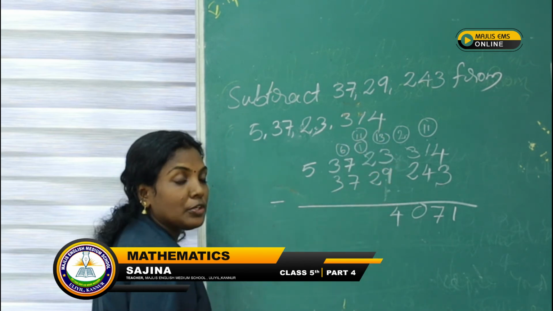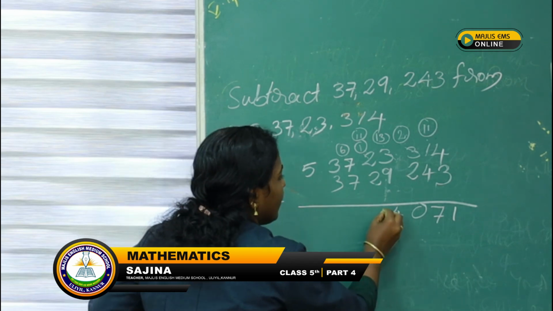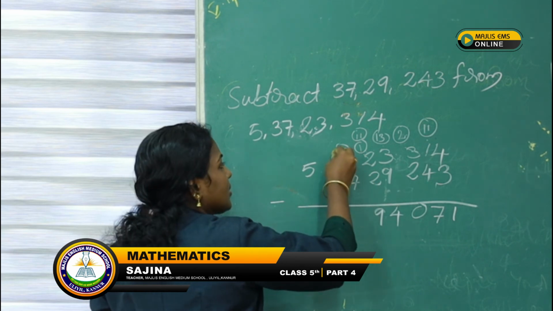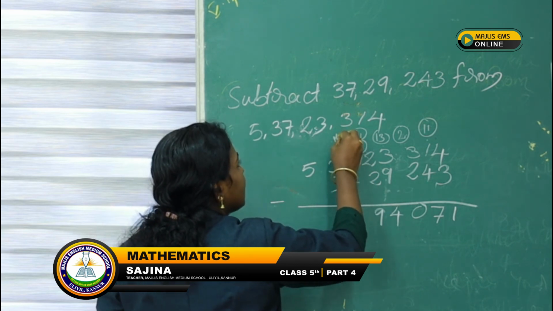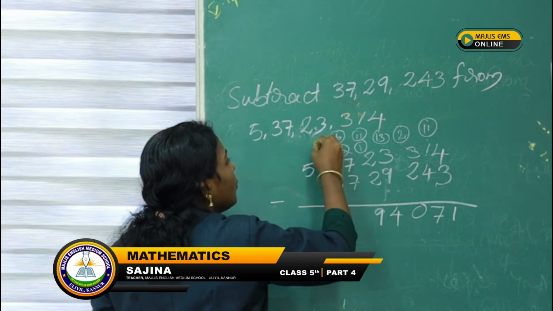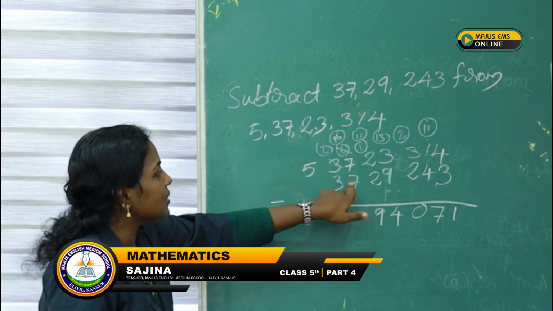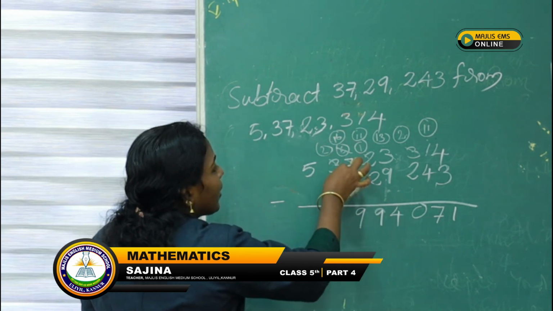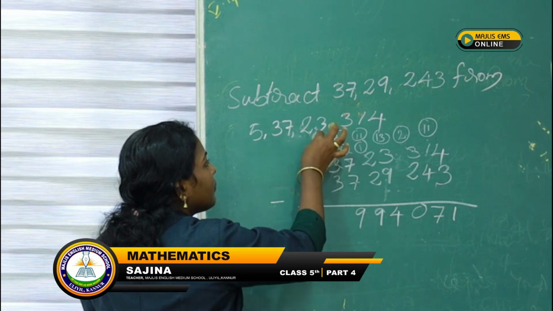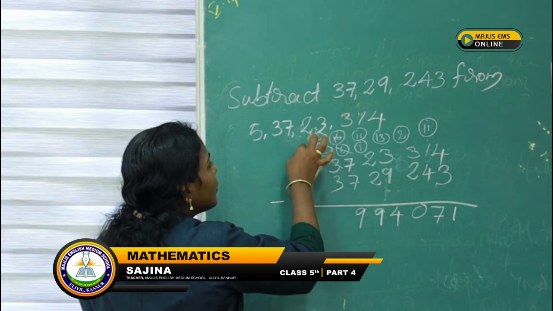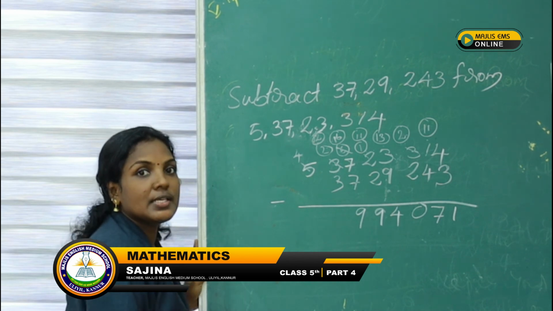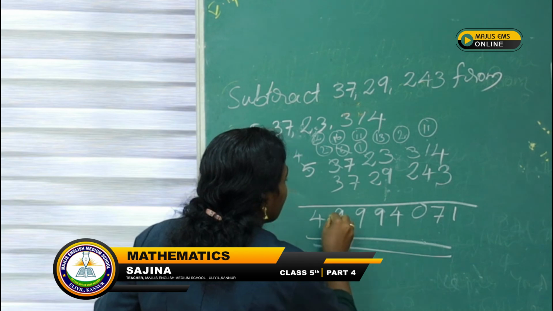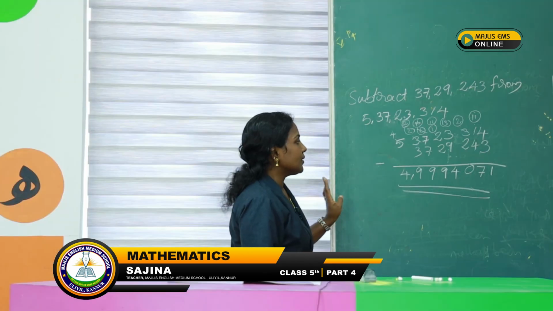Then 1 minus 2, therefore we take 1 from here, here is 11 and here is 6. 11 minus 2 is equal to 9. 6 minus 7, here is 6 and this is 7. We take 1 from here, that is 16. 16 minus 7 is equal to 9. Is 2 minus 3 possible? No. Therefore, we take 1 from here. Here is 12 and here is 4. 12 minus 3 is equal to 9, and 4. 4 crore 99 lakh